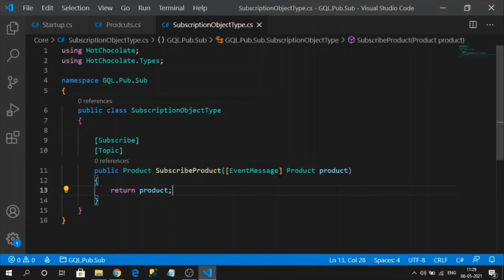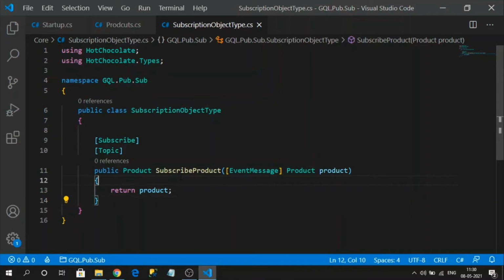So let's re-discuss the entire thing we have up to now. I simply created one root query object for the subscription, that is the Subscription object type. In that we can have n number of resolver methods. Each resolver is a specific subscriber. So here my subscriber is Product. Similarly, there will be another subscriber like Order or many more. We can have resolver methods just like the mutations and queries. There is no difference while implementing them.